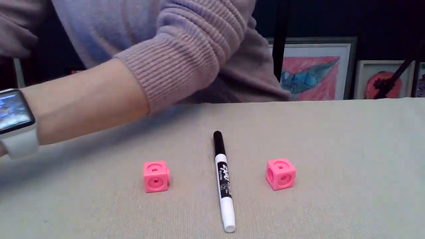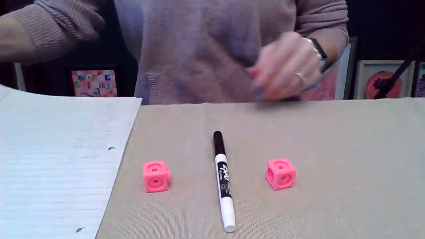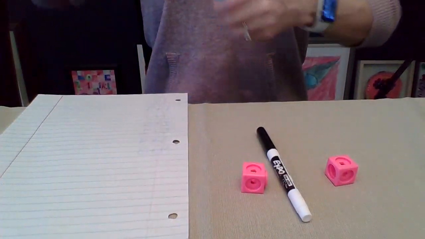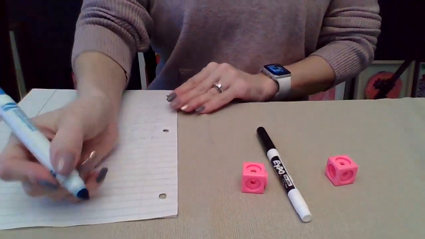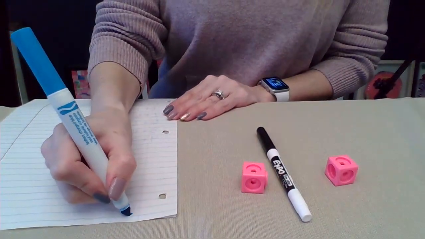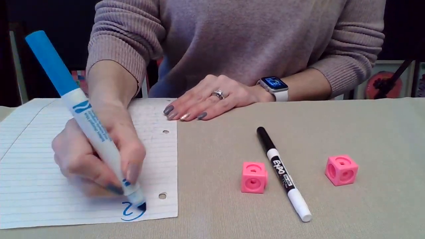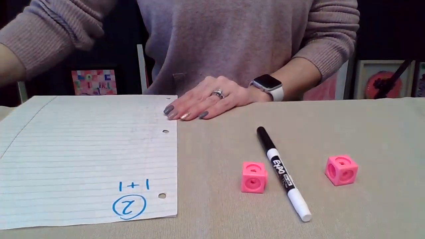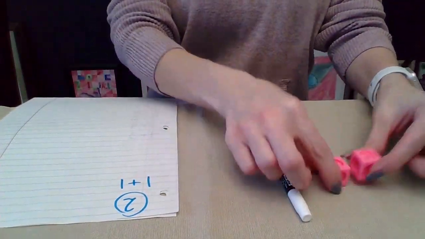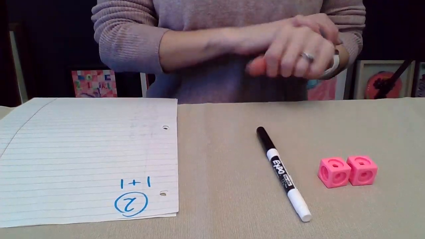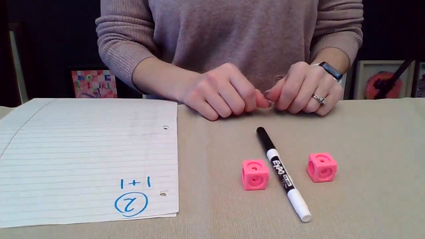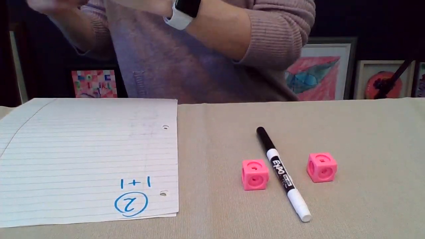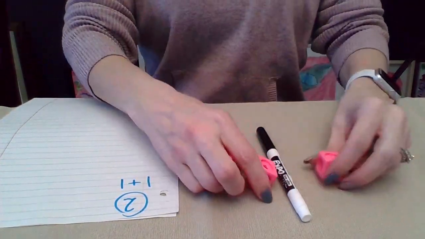I'm going to write that down on my paper so I can keep track of that. You don't have to write this down right now. I'm just going to, so you can see. So we made 2 by adding 1 plus 1. Or we could do 2 plus 0 if we wanted. Okay. Are there any other ways to make 2? Nope. Okay, so let's do